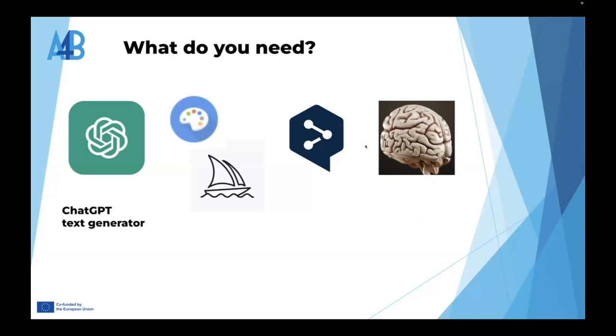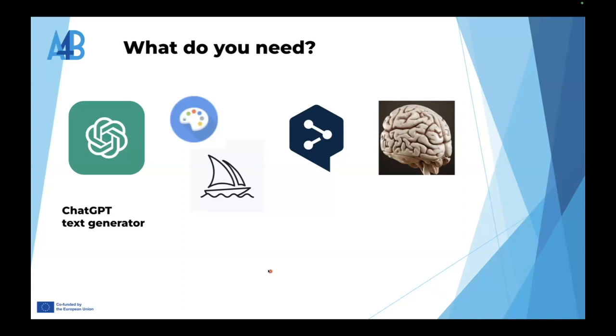Okay, so the first one is ChatGPT, text generator. I think that this is really your base that you need to start to try, because ChatGPT is mainly like a brain of the other tools that we can find on the market. So, text generator based on a ChatGPT model.